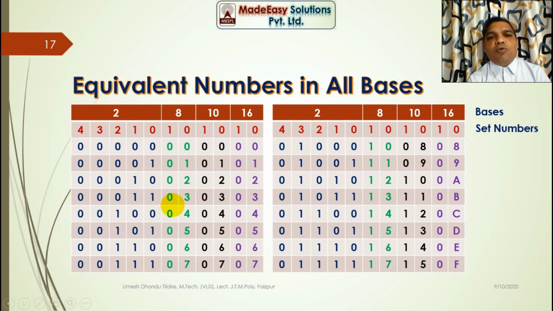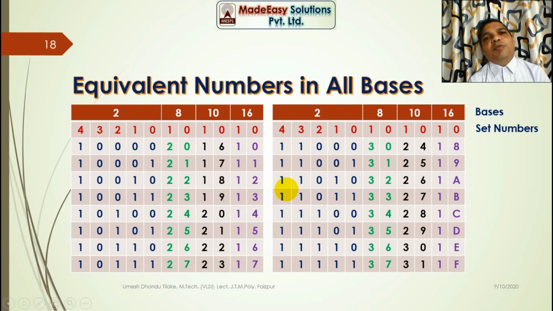The first row shows you the bases of the numbers. See here, 2 is the base, that means these are binary numbers. This is 5 sets of binary numbers. That means I have taken 5 sets in binary number. That's why 2 power 5 is equal to 32 numbers I must have in these slides. So let's find out. 1, 2, 3, 4, 5, 6, 7, 8. 8 and 8, 16. 16 and 16, 32 numbers I have in total.